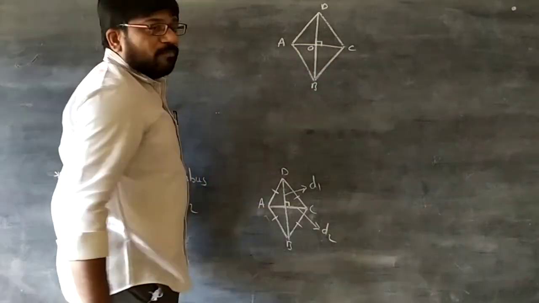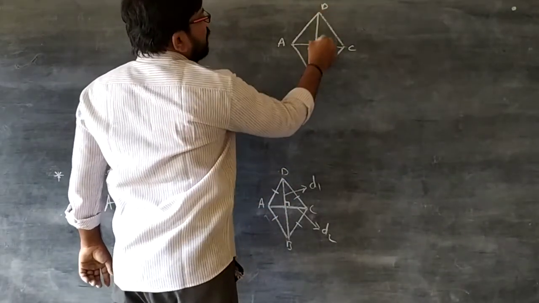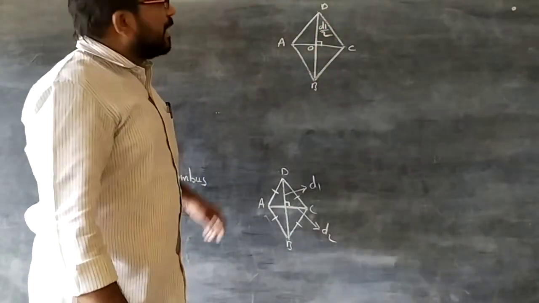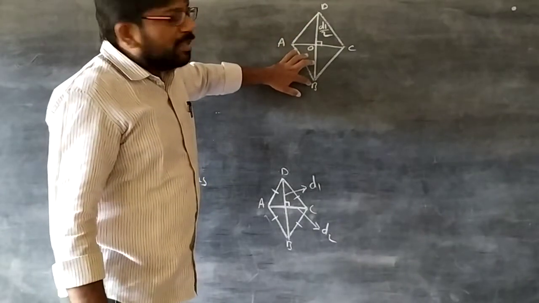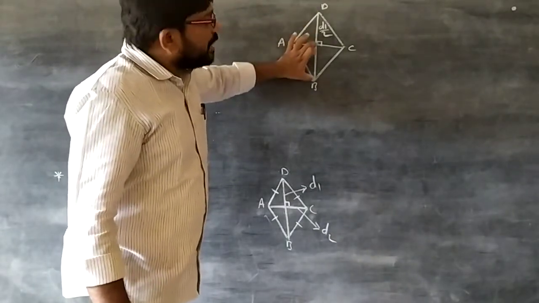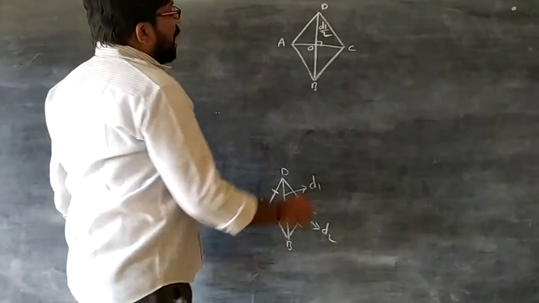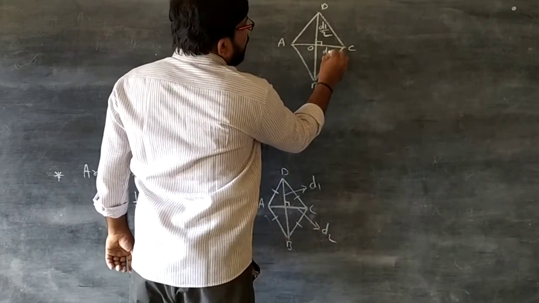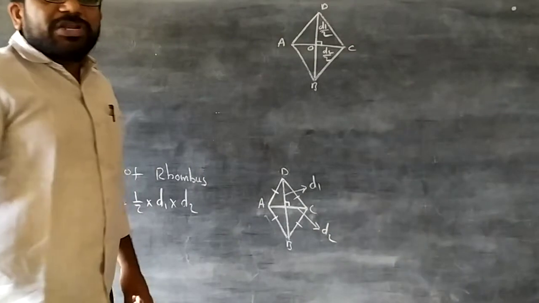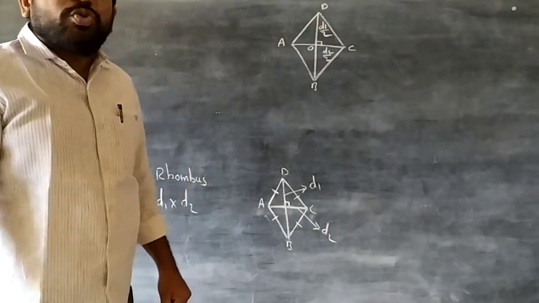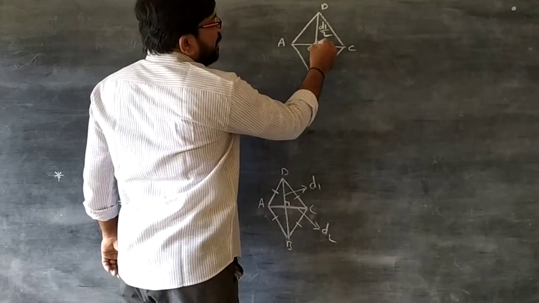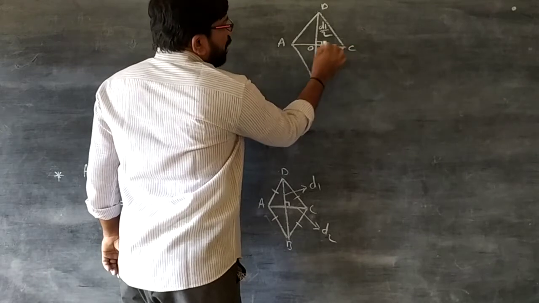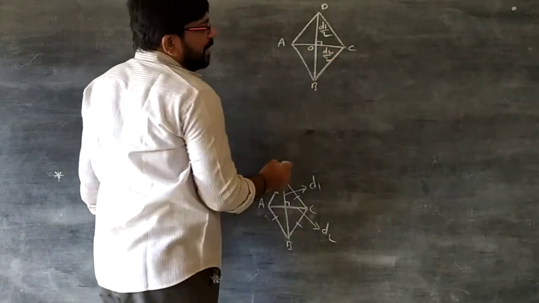They perpendicularly bisect at O. So what is DO, the distance from here to here? It is D1 by 2. Why is it D1 by 2? Because the total distance is D1, so it is half of D1. The remaining part is also half of D1, right? And the total of the other diagonal is D2. What about OC? D2 by 2. So the diagonals perpendicularly bisect each other. So DO is D1 by 2. What about OB? D1 by 2. AC is D2. What about OC? D2 by 2, half of D2, right?